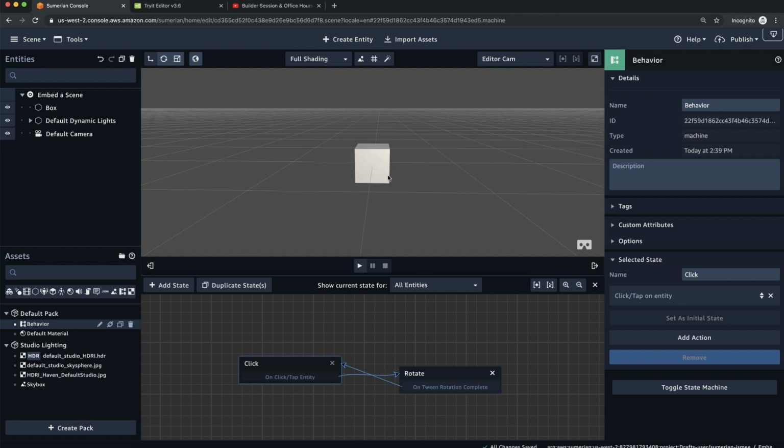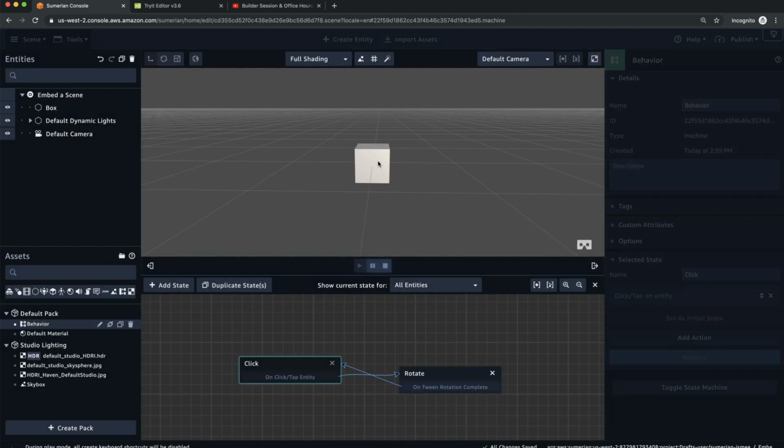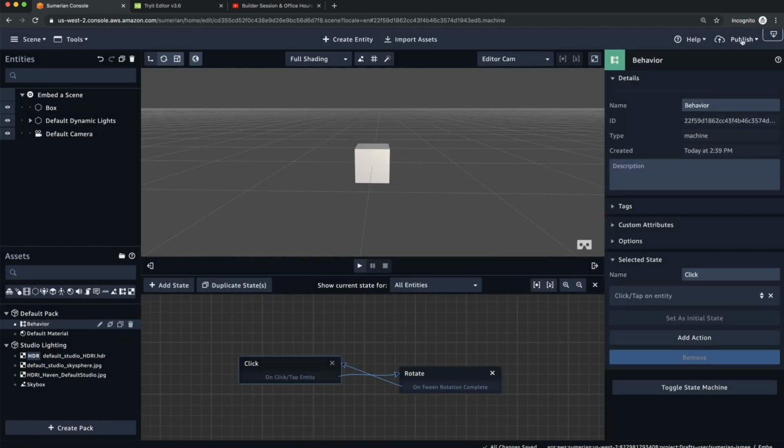You have a scene, and this is a simple one. I press play to test it out. I click on the box, and the box spins. Simple behavior. I will then publish this scene by going to publish up here in the left-hand corner, create public